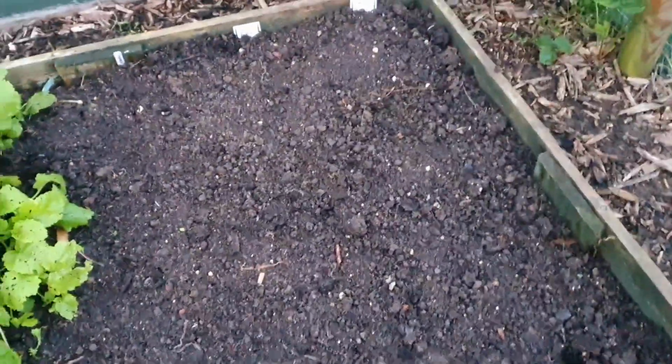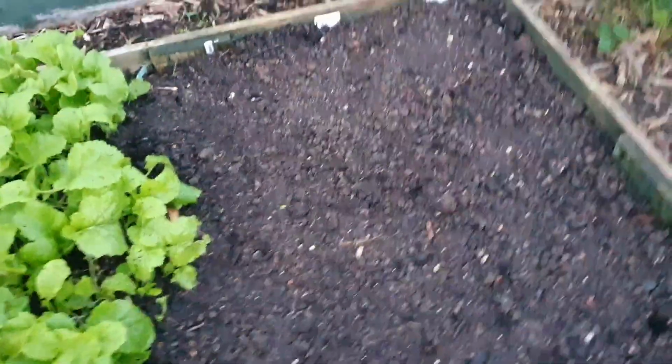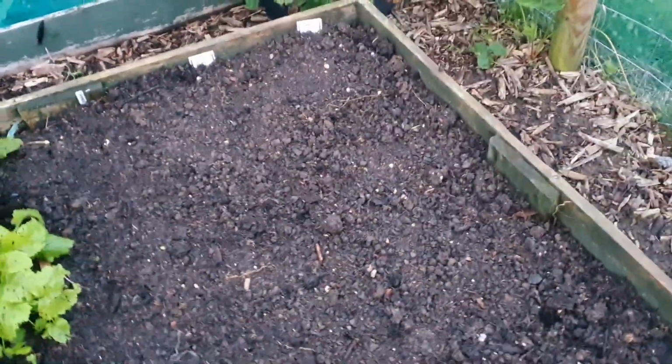I've got carrots. I've planted the autumn carrots. I've got 3 rows of that. And hopefully the tags will stay where they are. On this bed here, in fact, in both the beds, I had onions and shallots, and now all that's out. I've got all this bed here